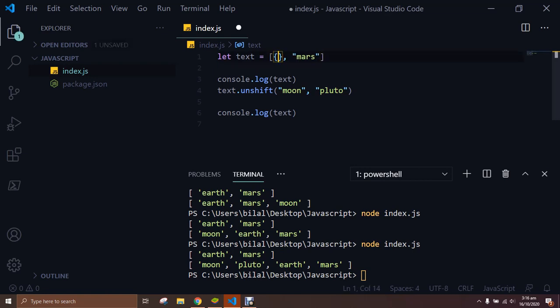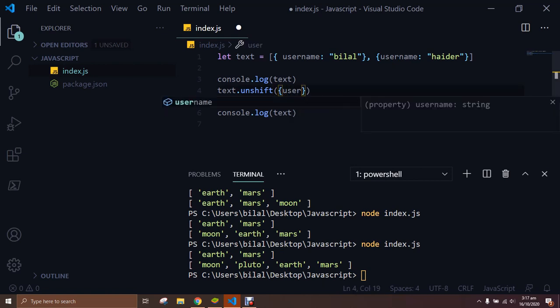So let's actually go ahead and insert an object. So let's say we have an object and we have in this object a username, Heather. So let's say we have an array with objects with users, and we want to insert a new user to this array. We can do so by passing a username object to it. So if I run my code now,